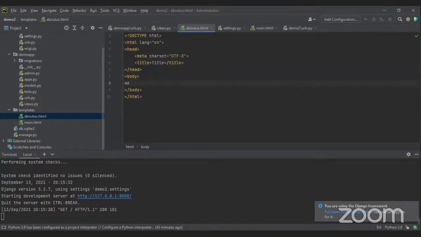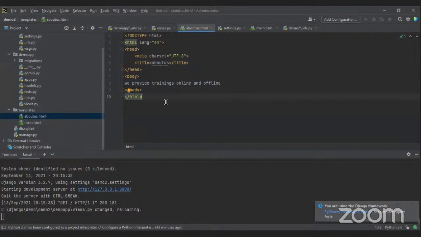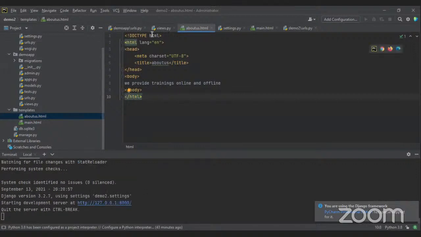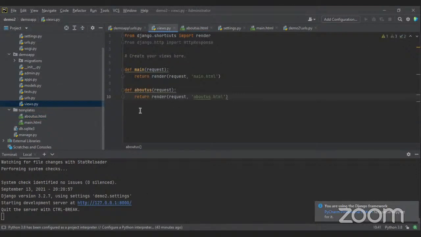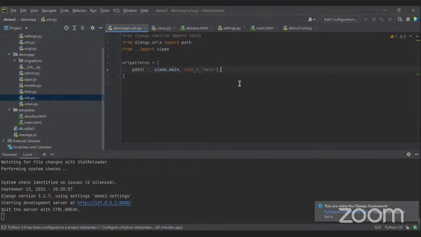Some random text I'm typing. Okay, we created one more HTML page, and we created the view in views. What is the next thing I need to do? I need to go to URLs, and I need to mention